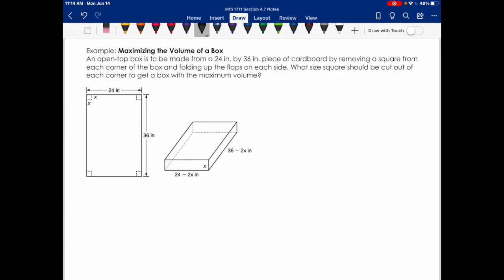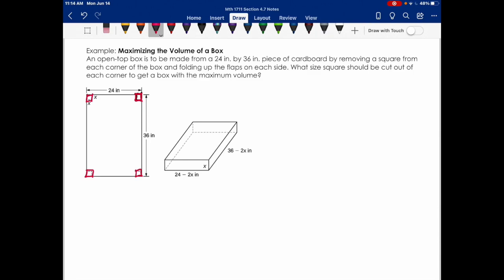In the next example, we're going to maximize the volume of a box. And it says, an open top box is to be made from a 24-inch by 36-inch piece of cardboard by removing a square from each corner of the box and folding up the flaps on each side. What size square should be cut out of each corner to get a box with the maximum volume? So you're looking to see, let me highlight it here with pink, what size square to cut out here in the corner so you can fold it up